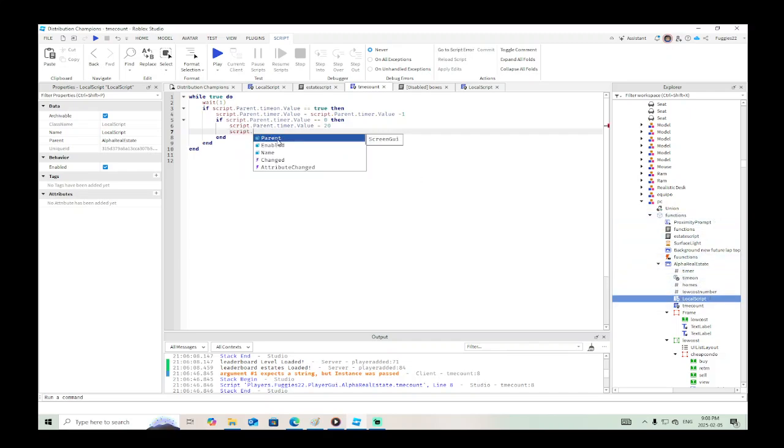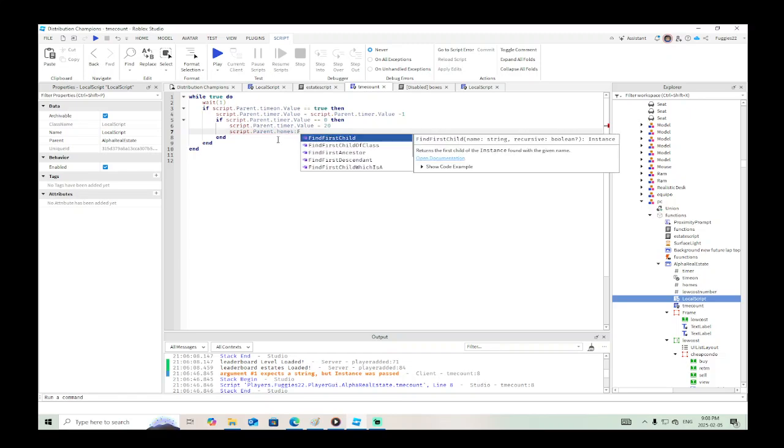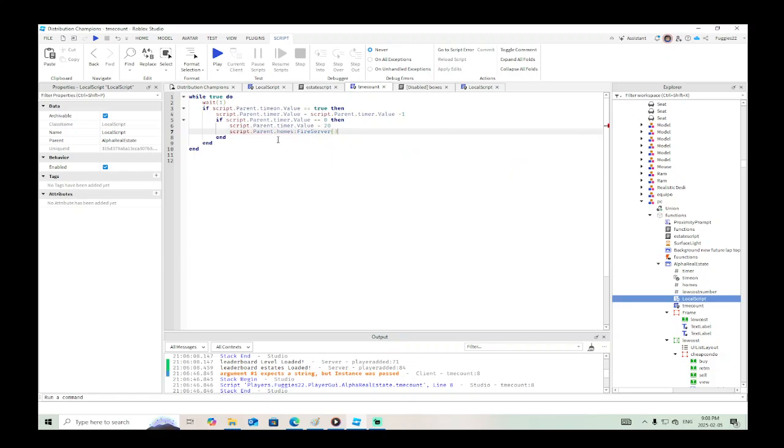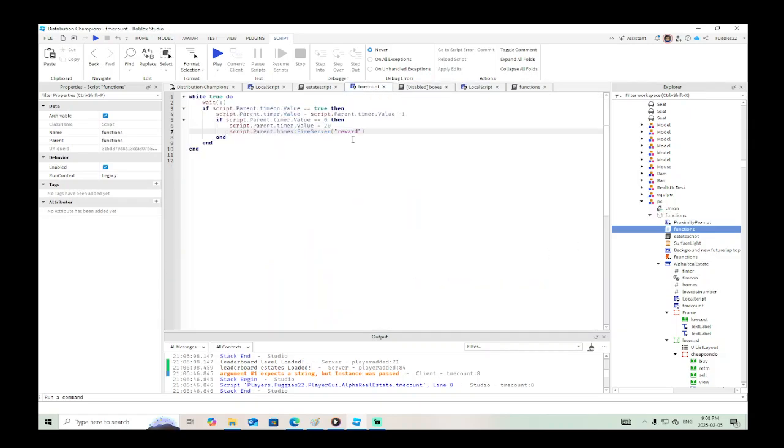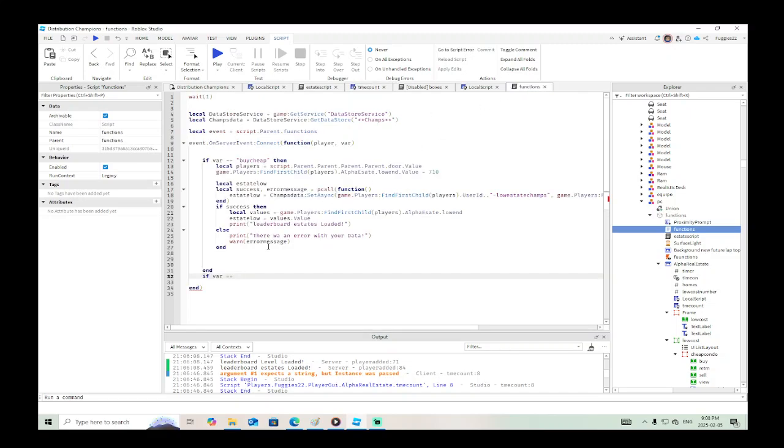script.parent.homes, fire server, and then we'll say reward. Just like that, okay? And then in our function script, we can say if variable is equal to... See, I try and do it a different way if I can, and I try and go as far as I can, and then it's like, okay, that's not going to work. Well, let's go back to the basics then. Then we want to do just like this,